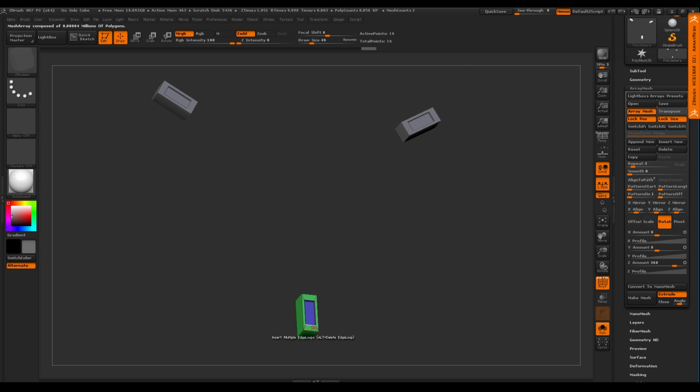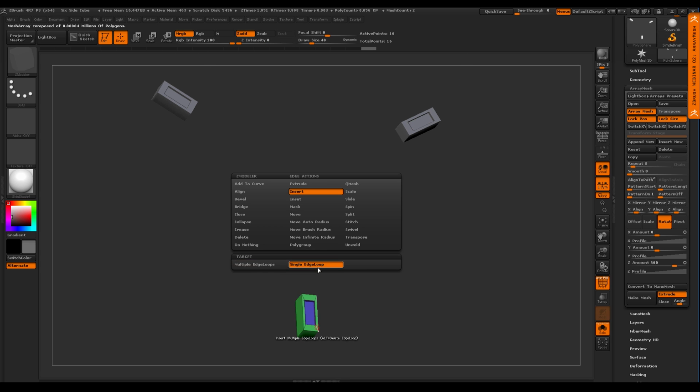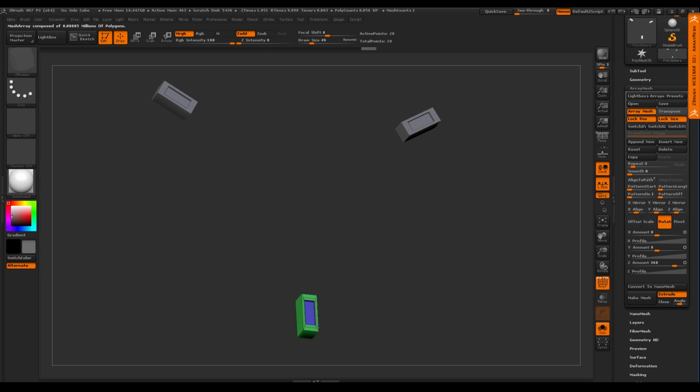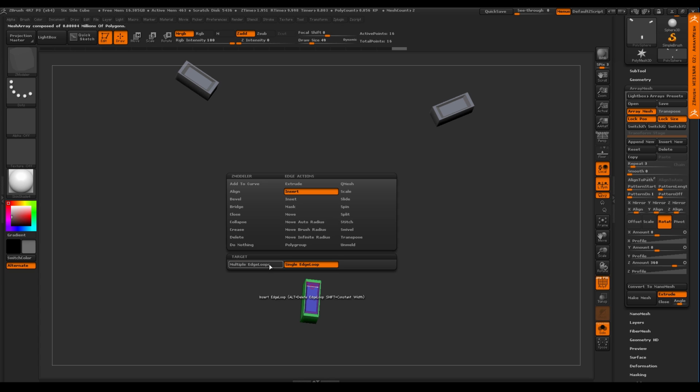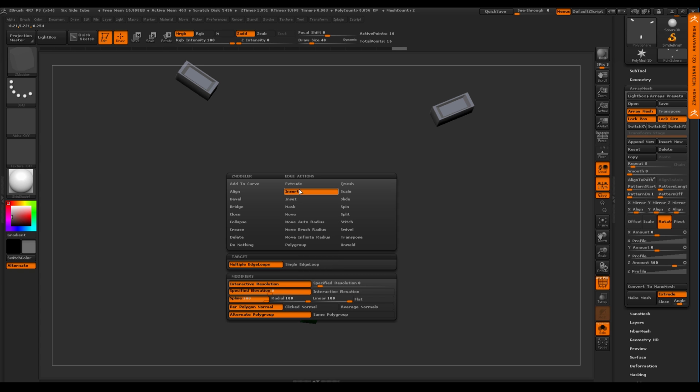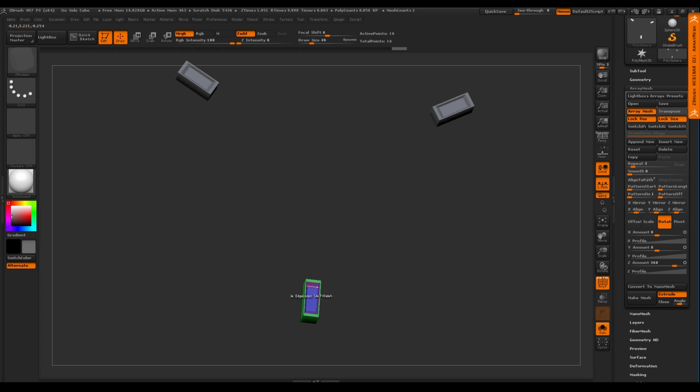And then maybe I want to say, you know what? I want to insert maybe a single edge, and we'll put an edge there. And I'm actually going to bevel this now. And so you can see you got the nice bevel happening everywhere. And maybe, you know what? I feel like maybe multiple edge loops need to be used here. So I'm again inserting multiple edge loops. And I'm just clicking and see I can change things on the fly here.